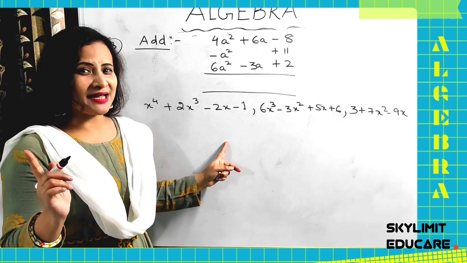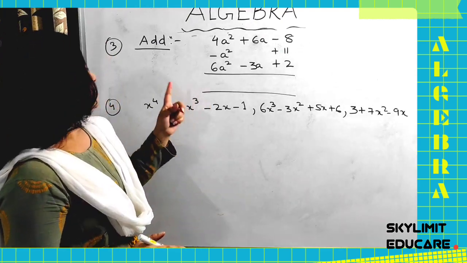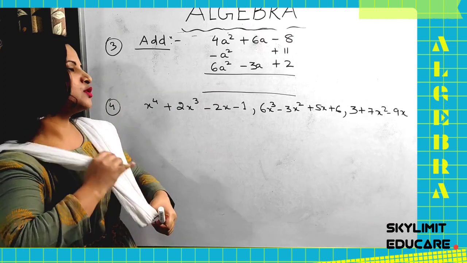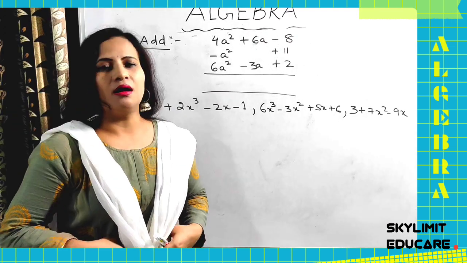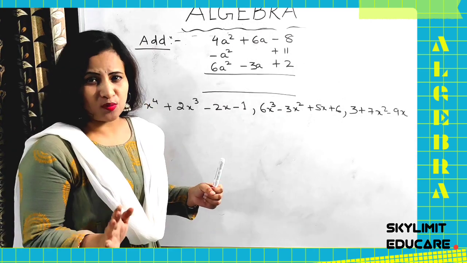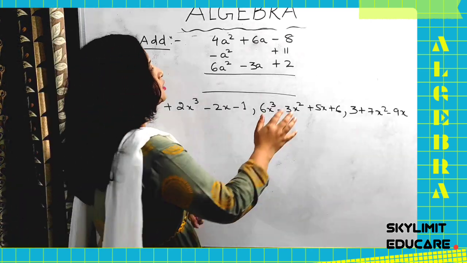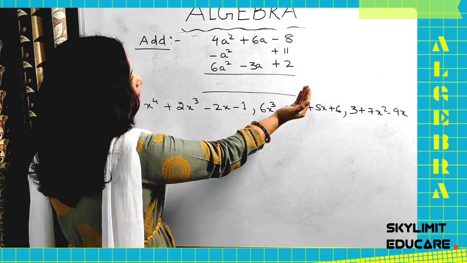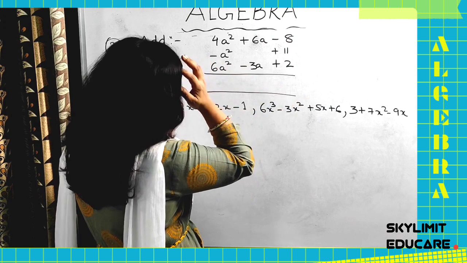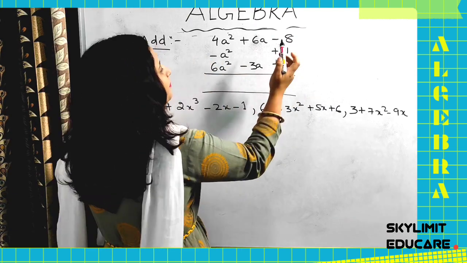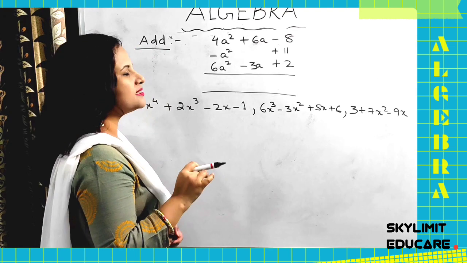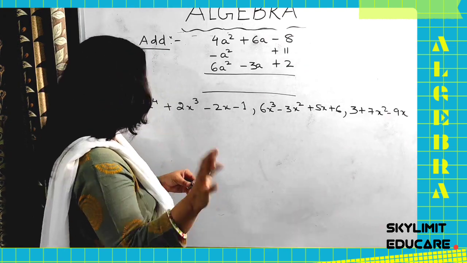So now let's come to the next questions. So now you are asked to add column wise here. So here mostly you will be needing your idea on integers, you know that very well, okay, and like terms only you are going to add or subtract, right? So now you can see here, we'll start from the right to left side. You can go in this way also, no problem. So now here you have, see, in addition this is not at all critical. Adding column wise or whatever, addition is not critical in any way.